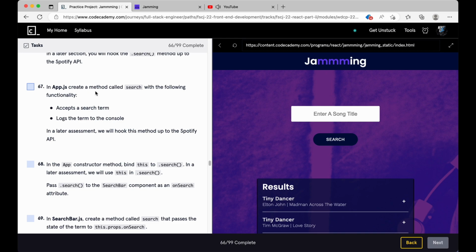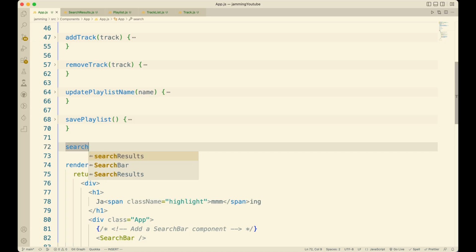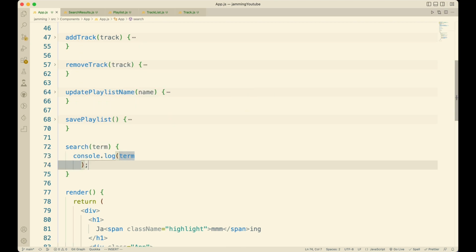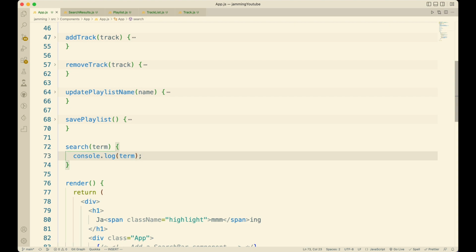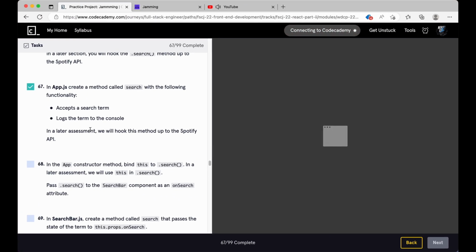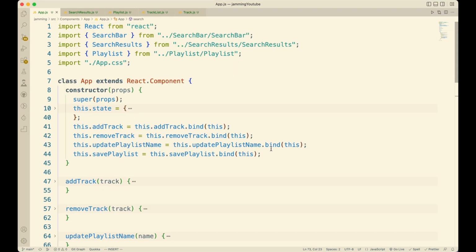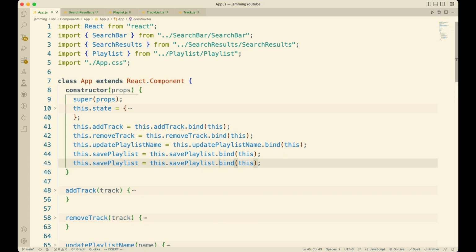Step 67, in App.js create a method called search with the following functionality. Accepts a search term, logs the term to the console. Search, it accepts a term, and it would log it to the console. So this step is done. In the App constructor method, bind this to the search method. So we would do our thing here using the